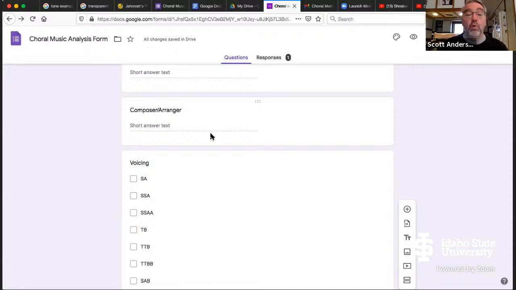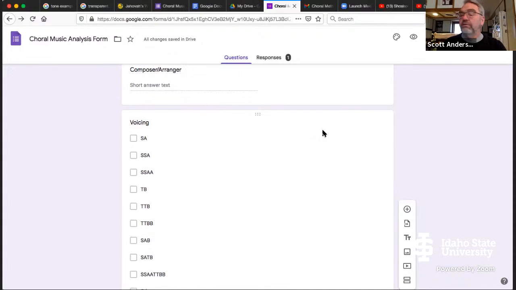On the bottom it says Samuel Ward. That's the person who would go in here. He's the composer of the tune and probably the arranger of the chorale or the hymn-like arrangement. Voicing, you see that I have written,